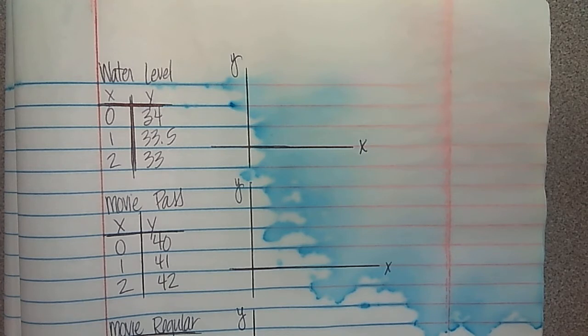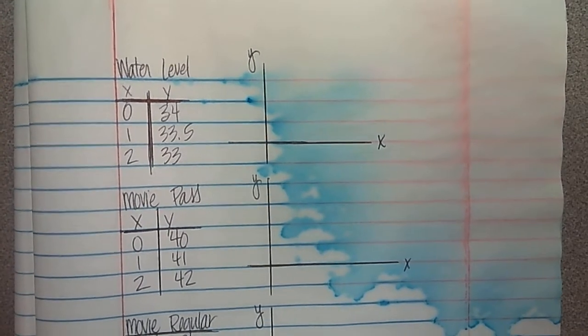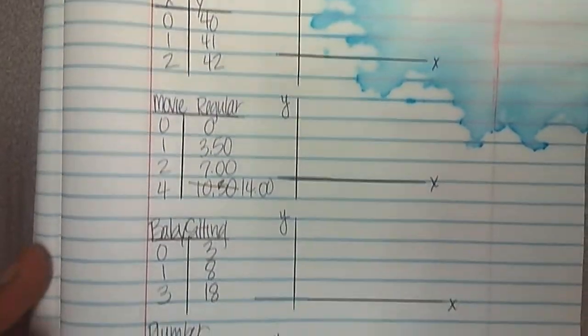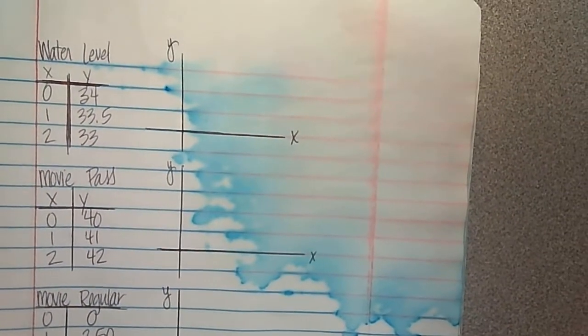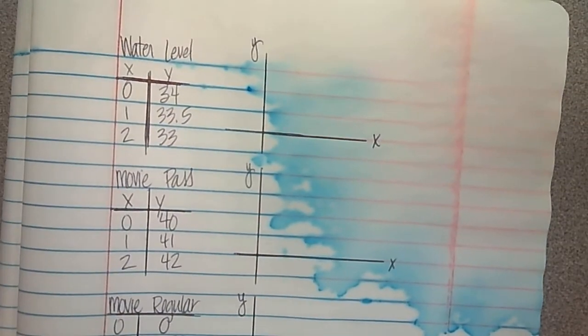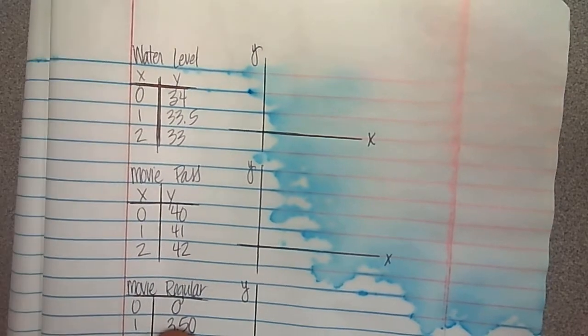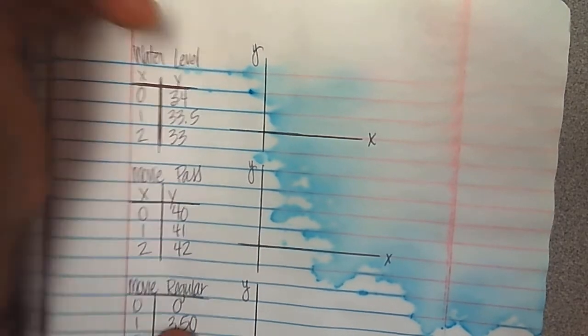So last week you did word problems 1 through 6 and you created tables. This is my example of the tables. What I'm trying to do is wrap up what you did last week and find patterns. The thing I love about math is it's always trying to find patterns. So last week I asked you to think about the rate of change